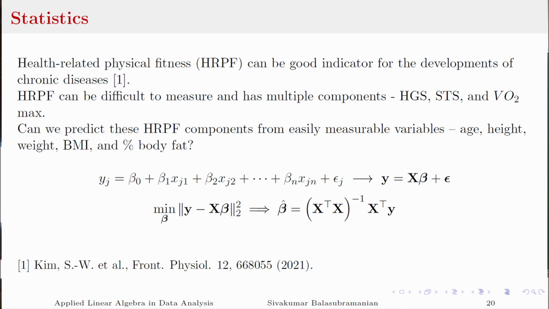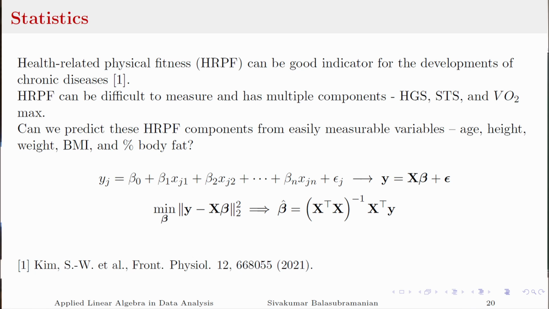Maybe the bread and butter model of statistics is probably the linear regression model, which should remind you of the equation that I showed in linear algebra. It's a linear equation relating the different variables that we can measure, age, height, body weight, BMI, to Y, which is basically the physical fitness of the person. And you can express it in this form where your physical fitness is determined by these measurements that you can